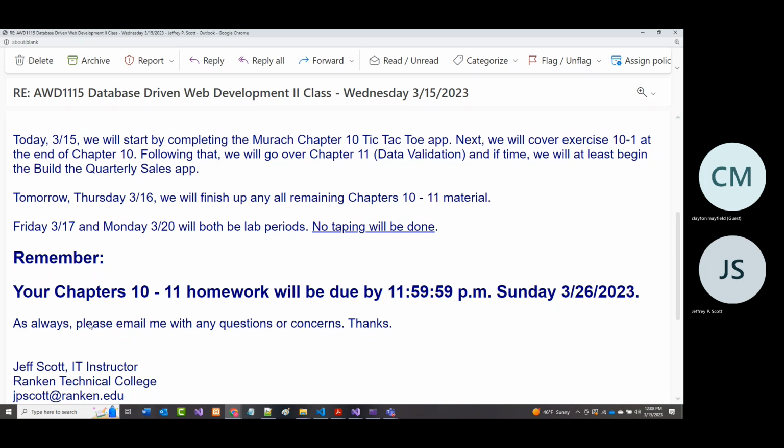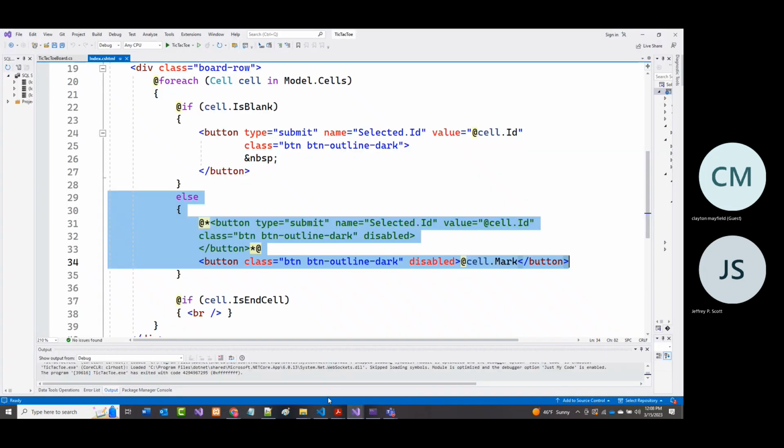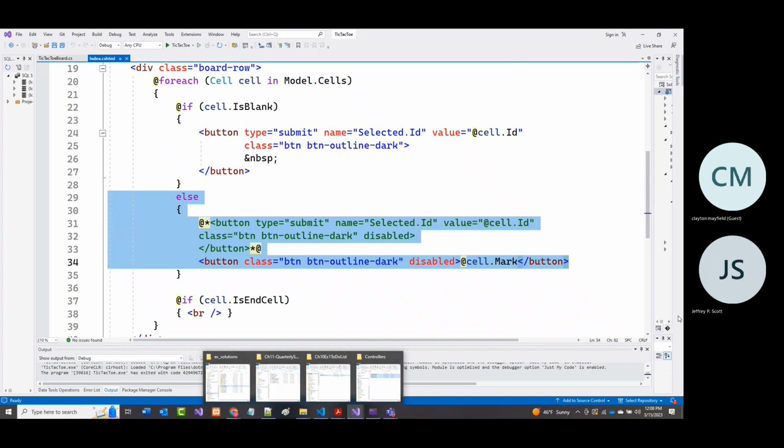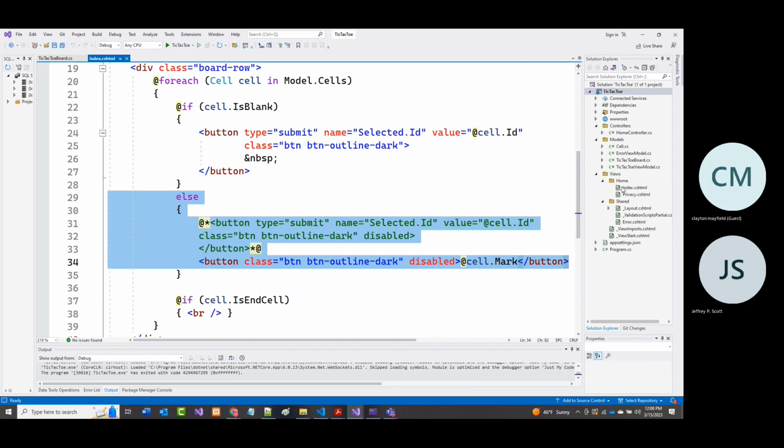All right. So with that, let's go in and take a look at what was wrong with the tic-tac-toe game yesterday. And I found errors in 2 files. So the first thing I'd like you to do, if you would please, is to bring up the index.cshtml file. And that index.cshtml file is the one that's under your views, home, and then index.cshtml. All right.